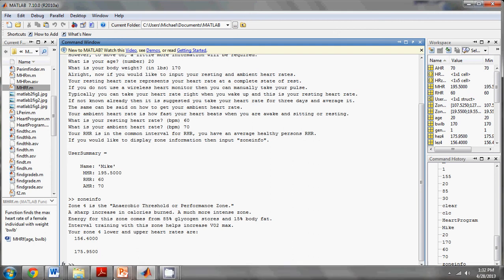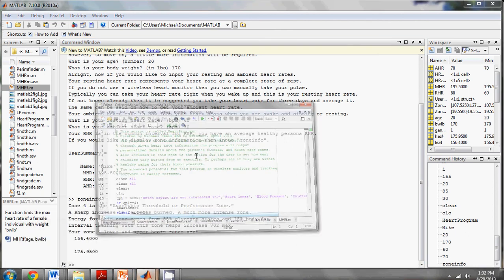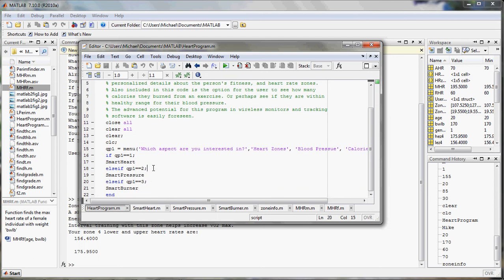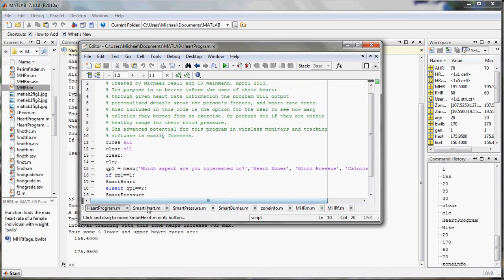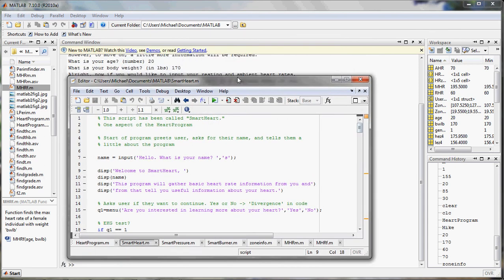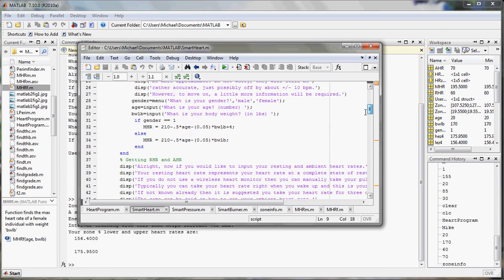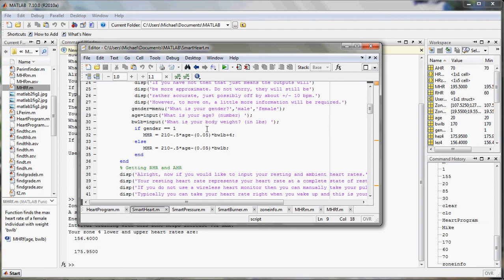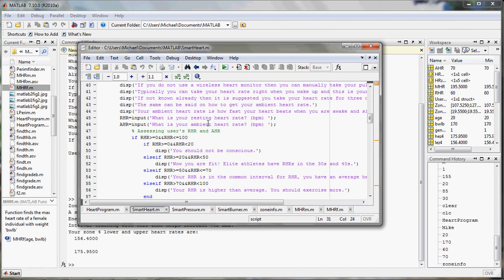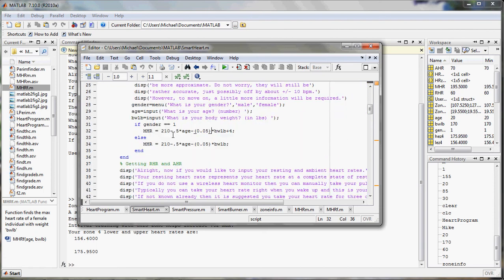Now we're going to show you the function in our code. So here's the heart program, which was the initiating script, which launches the other aspects. But the smart heart is the one we were just looking at in the command window. So this program here, max heart rate. So here's the function, and it's defined